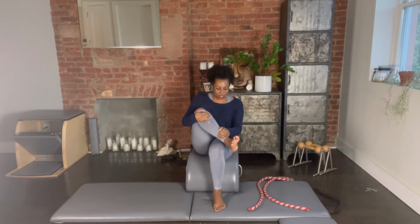Right ankle crosses over my left thigh. My left thumb goes on the knuckle of my big toe, and my hand wraps around the outer edge of my foot. Right hand grabs my ankle. I rotate the sole of my foot to the floor, and I keep rotating my pinky toe up, big toe down, and release. I rotate, firing the outer compartment of my leg, and I keep rotating with my hand, and